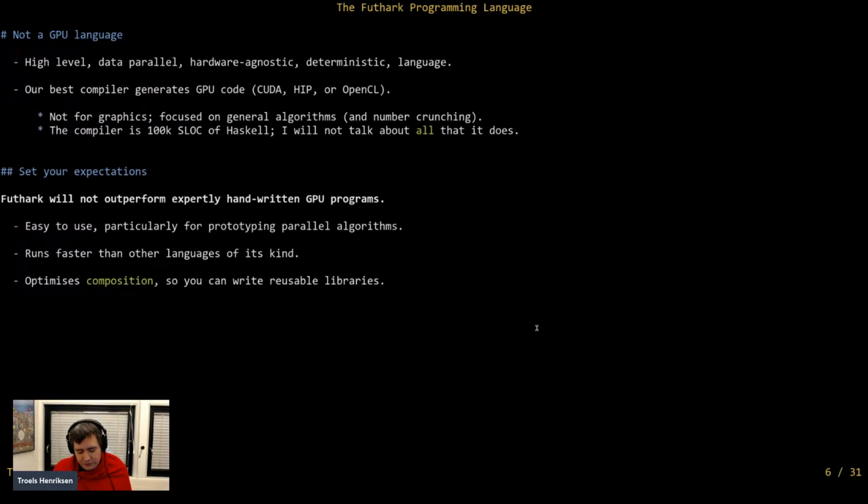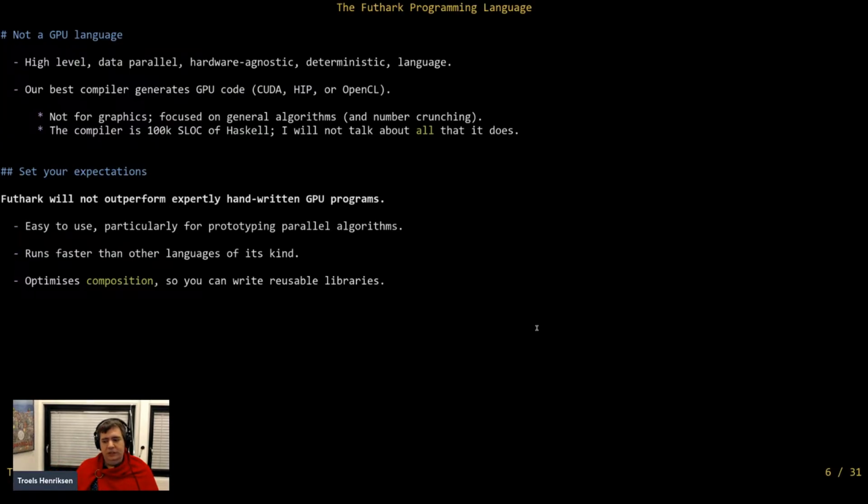And one other very important thing Futhark gives you is that it optimizes the composition of things. Many of these other languages that make it possible to write very high-performance kernels don't make it easy to write high-level components that you can combine together and then expect the result to be fast. Whereas Futhark is supposed to be a normal language, in the sense that you can write libraries and reusable things and plug them together, and then the compiler will try to remove the overhead of having written things separately.